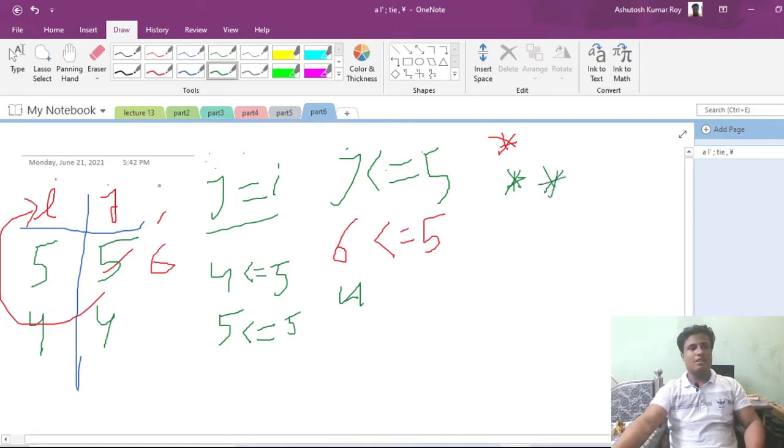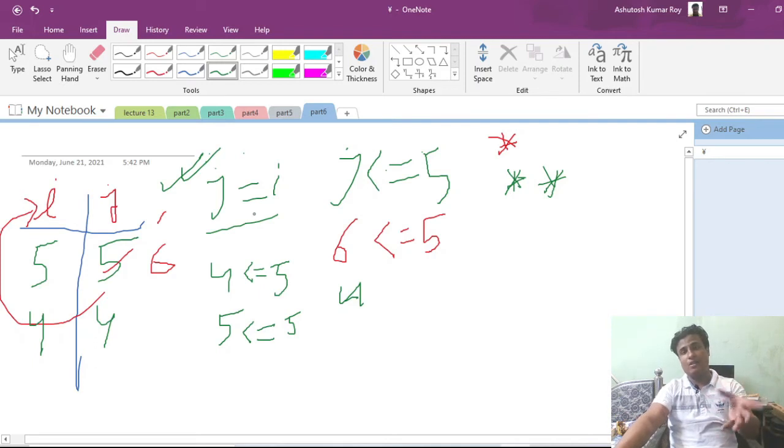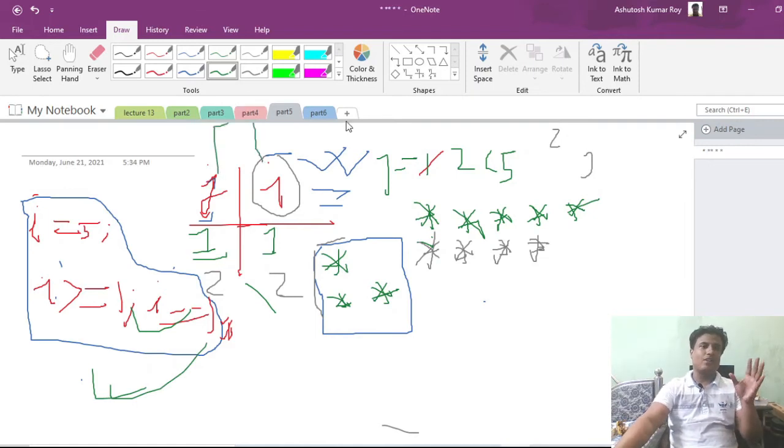So the logic which I have thought of here is the correct one. This is the way you find out a logic. You take any random number, play with the numbers, and then check whether it gives us the desired result or not. If it gives us the desired result, you can use that logic. So now we find that this logic works perfectly fine for us, with j taking the value of i.